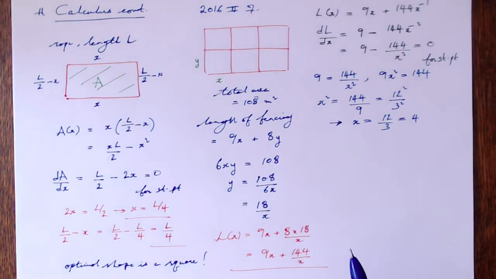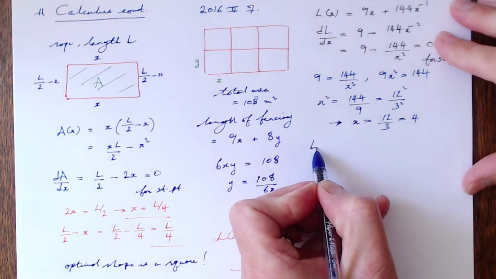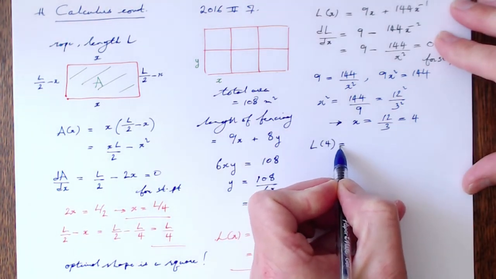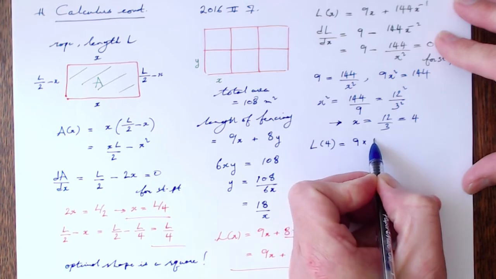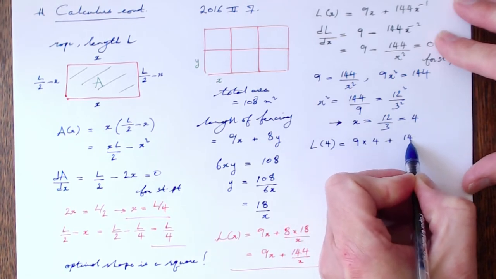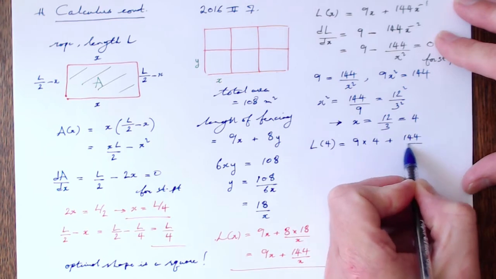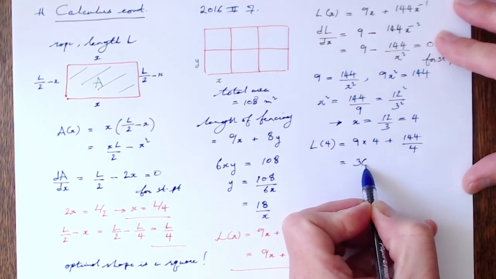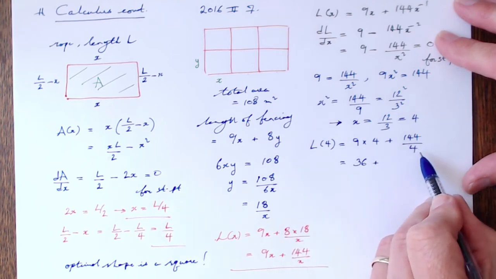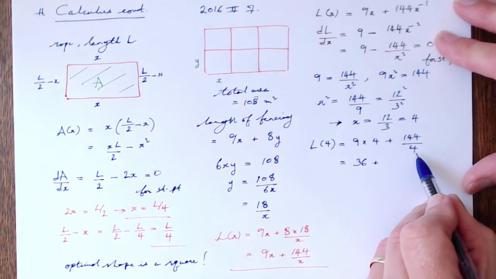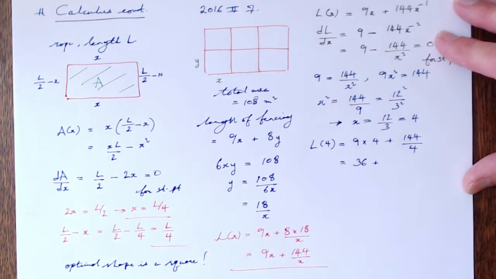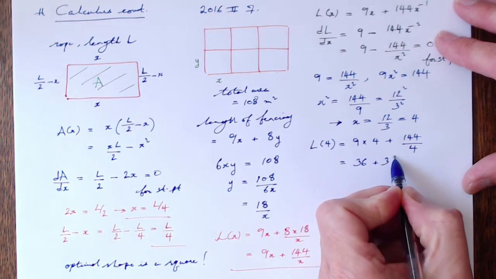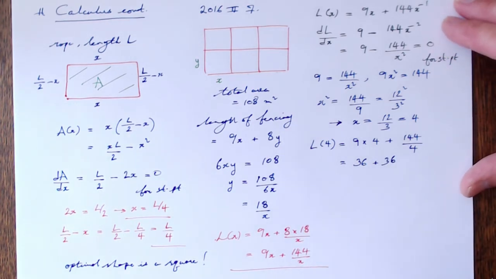Let's see, we would have that L of 4 is 9 times 4 plus 144 divided by 4, which is 36, and then 144 divided by 4 is also 36. And that's interesting. You see, I mentioned about how symmetry is often revealed when you optimize something, and here